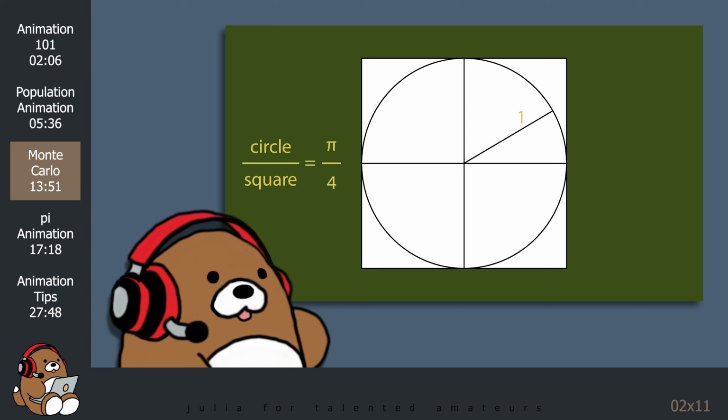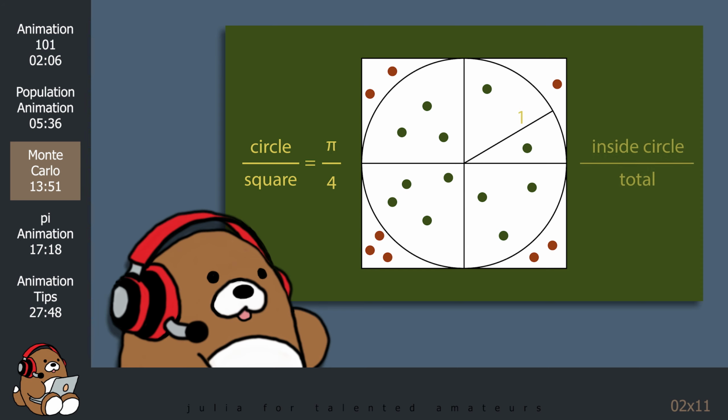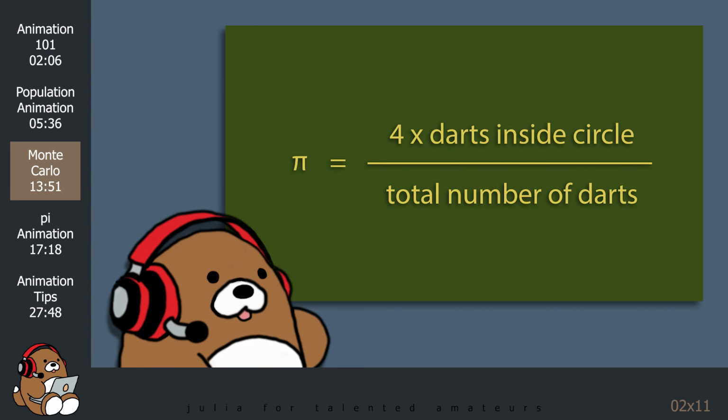In order to estimate the value of pi, we can generate random numbers and plot them in the square. This is sometimes likened to throwing darts onto a dartboard. When finished throwing darts at the dartboard, all we need to do is count the number of darts within the circle and divide it by the total number of darts. In theory, this ratio should be equal to pi divided by 4. Therefore, the estimated value of pi is 4 times the number of darts within the circle divided by the total